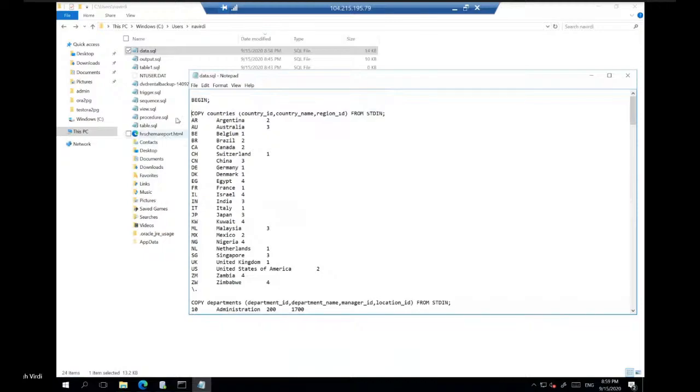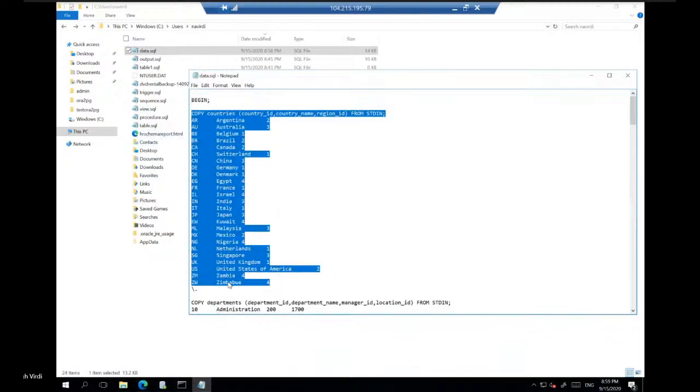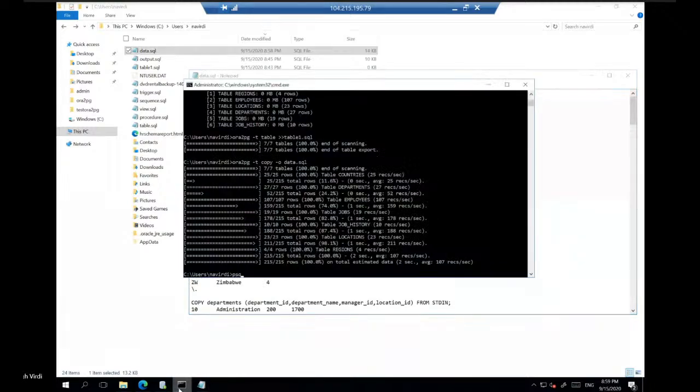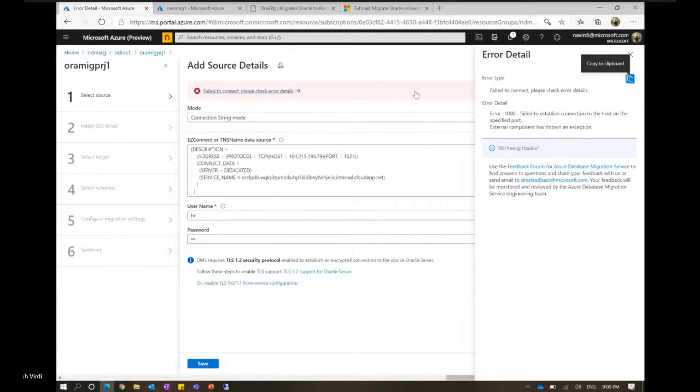Again, this is a PL/SQL command, so you cannot run it in pgAdmin. But if I use psql, provide the host name and the input file name, it will go ahead and copy this data to my Postgre instance, and your offline migration is complete. But let's try to see this.